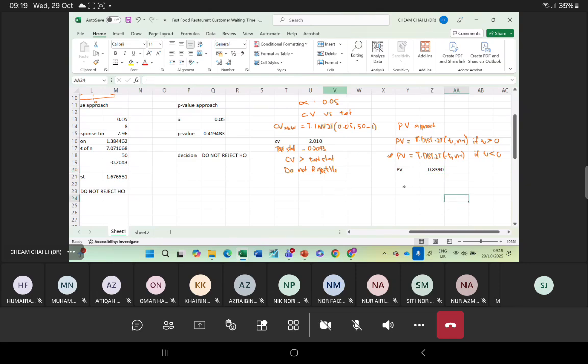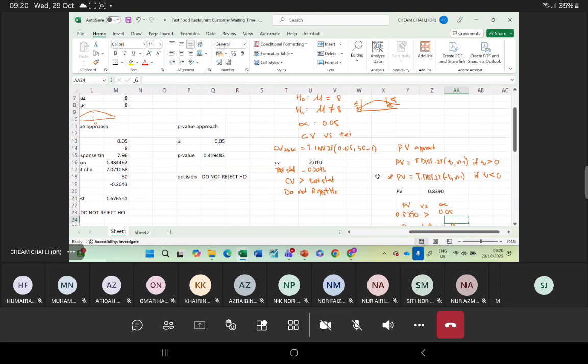Okay, so dengan ini, your p-value compared with alpha. So alpha is 5%, p-value 0.8390. Okay, so your decision is do not reject. Do not reject H0. Okay, so both of the decisions are consistent. Dua-dua adalah consistent. Okay, if you want to look at it graphically, so kalau nak lihat secara graph,